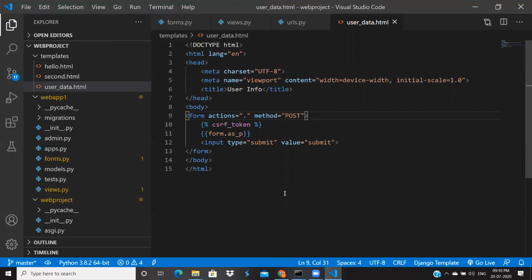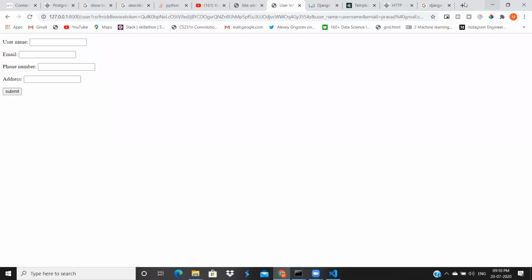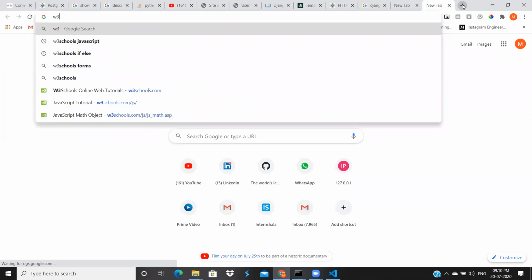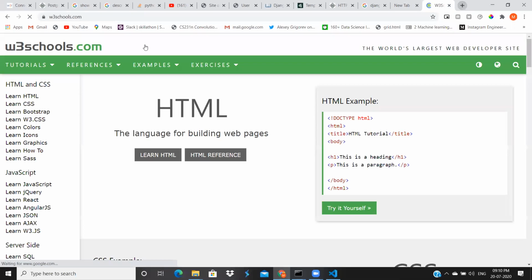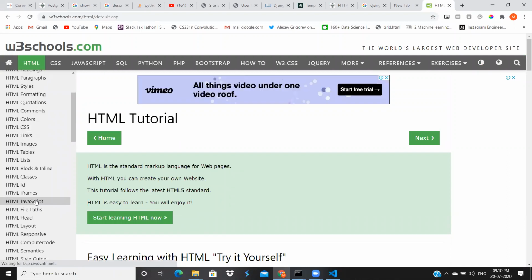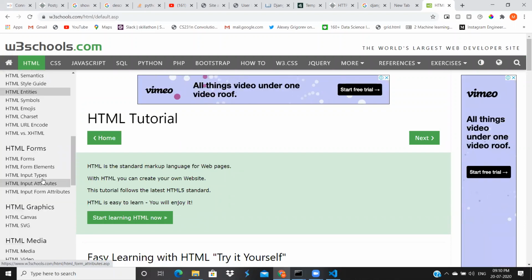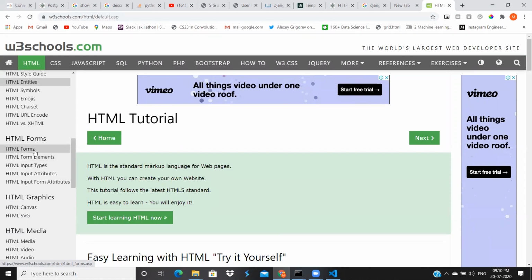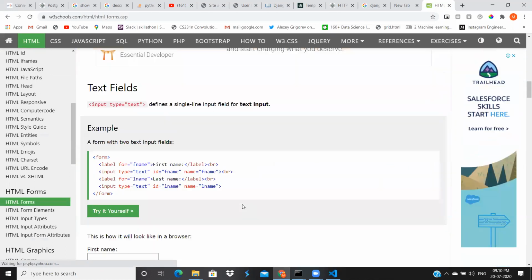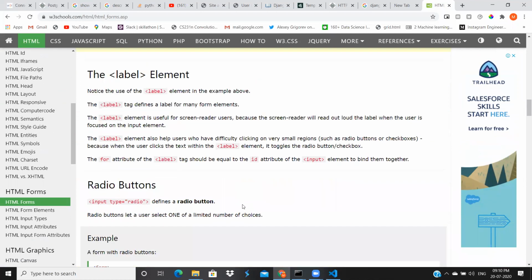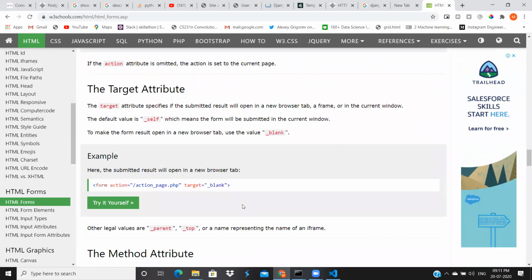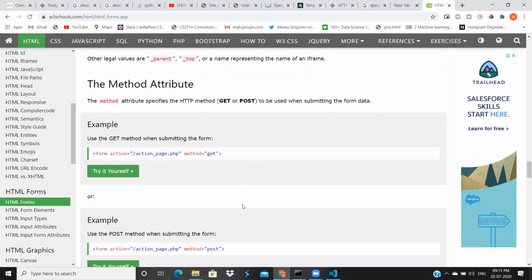This is not related to Django. I will show this in W3Schools.